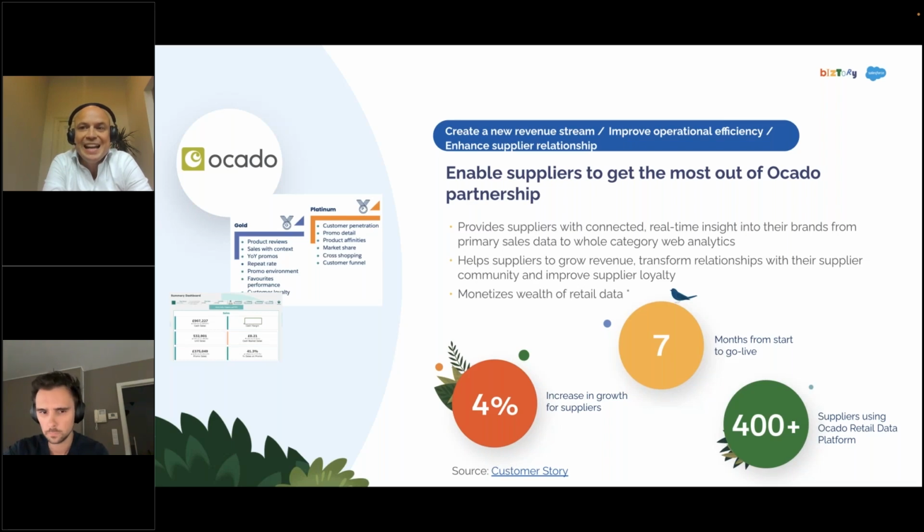And they knew that they were sitting on a treasure trove of data, but they needed a way to monetize it. And also, they wanted a solution to monetize this that could be set up fast. And that's where we, together with Salesforce, jumped in. So through Salesforce Analytics, we created overviews, dashboards for them. They did it themselves also. And we embedded these in their own customer platform. For Ocado, they already had a customer platform. So we embedded those in there.